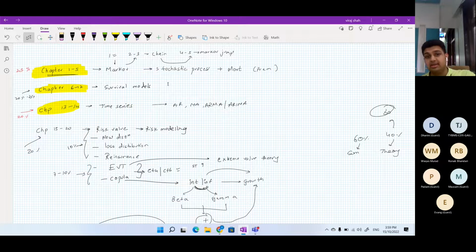How will we do R? First we will do theory. When we'll be doing theory, we'll be completing theory. I'll be giving you time again to revise that theory and then I'll be taking a test. When I'll be taking tests, then I will be moving with R. Because in R, you need to be very sure that you know your theory perfectly.